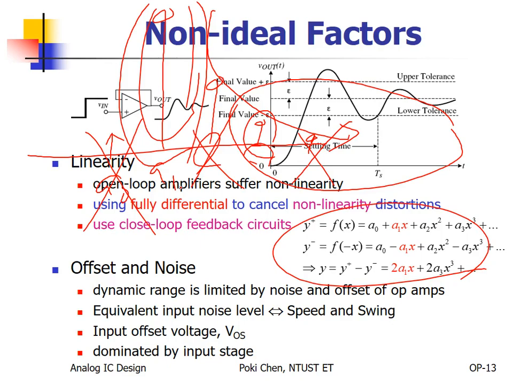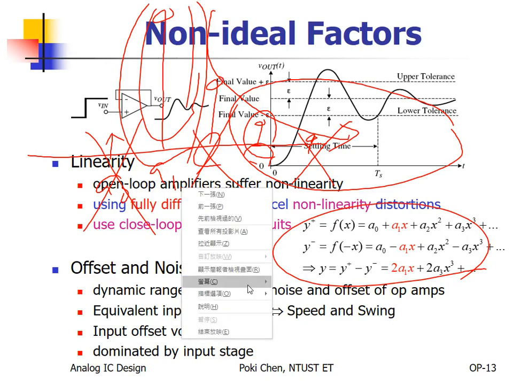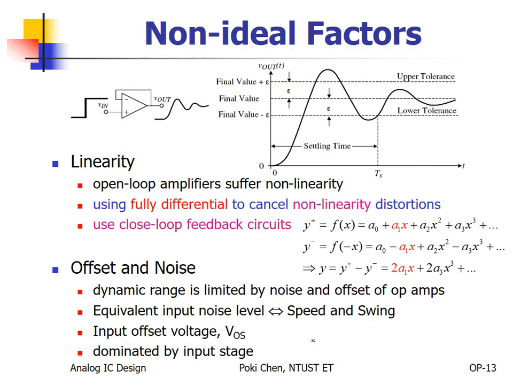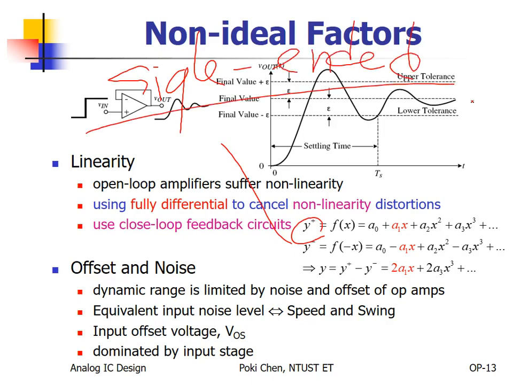Much less distortion for differential operation than single-ended operation. If you take only one output, we call it single-ended. If you take both, we call it differential. And fully means both input and output. Those are the terminologies. 这就是我们的定义。